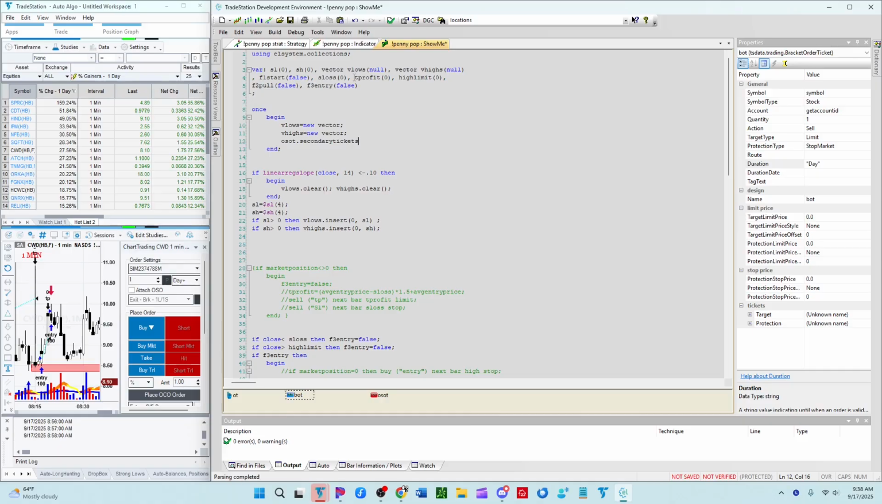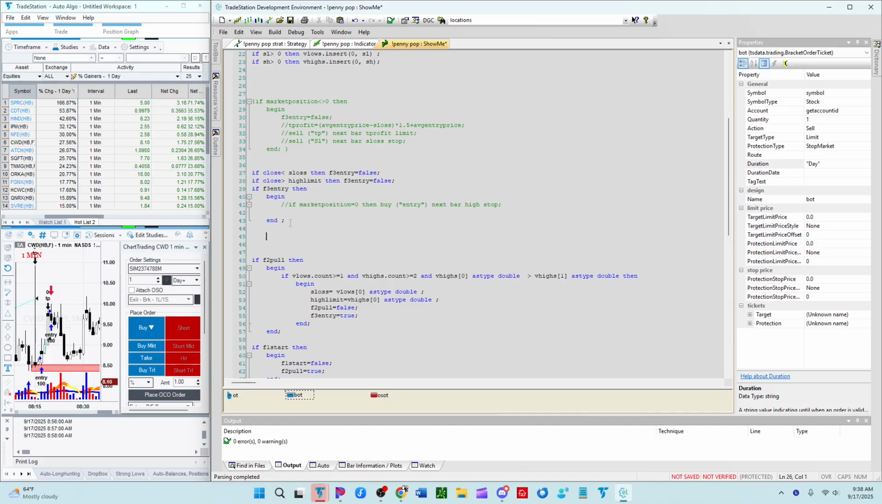Dot secondary tickets. Yeah, plus equals, because it can be more than one. It's going to be BOT, bracket order ticket. So you only need to do that once at the beginning of the chart. And then we're going to come in here, and so if this is true, if F3 entry, then